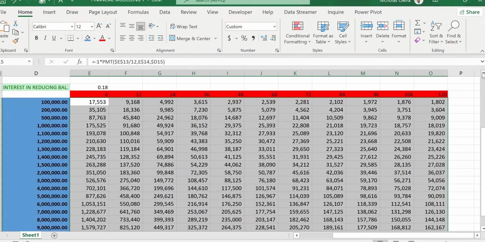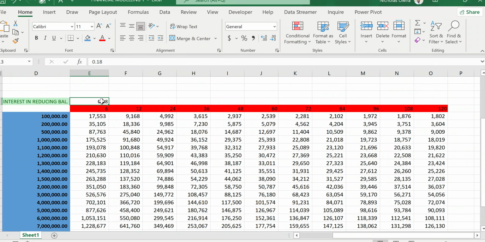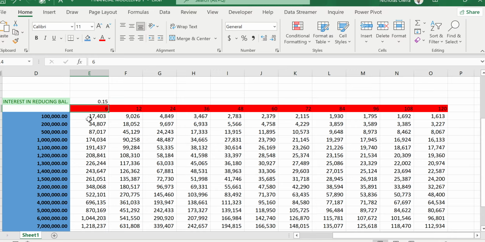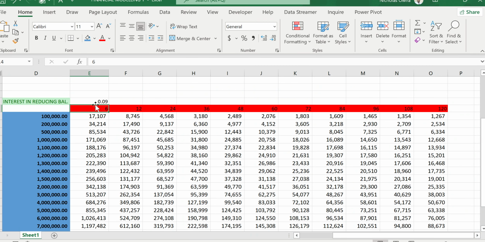Now guys, one thing that we are going to realize, whenever I come here and change my interest rate, let me say that it is now not 18% but 15%. I'm just going to change it to 15%. Then everything is going to change. You can see, let us look at the first one, it has changed. Let us go back. Let us make it 9% per annum. You can see again, the installments have changed. If it has gone to 30%,